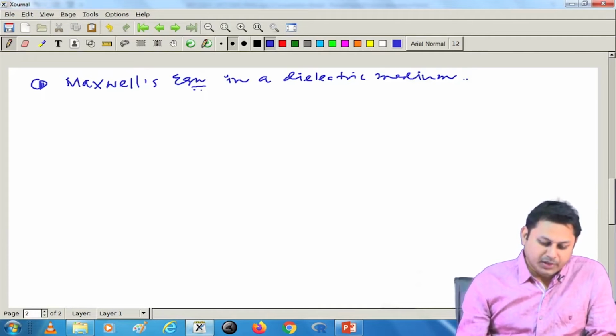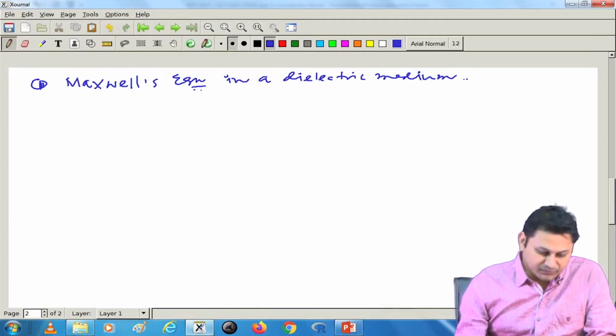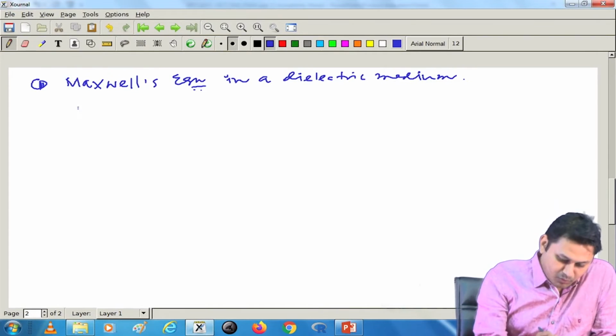We are going to find out what Maxwell's equations are in a dielectric medium, and then from that we are going to derive the Maxwell's wave equation. So, if I write one by one, in the dielectric medium Maxwell's equations will have this form: